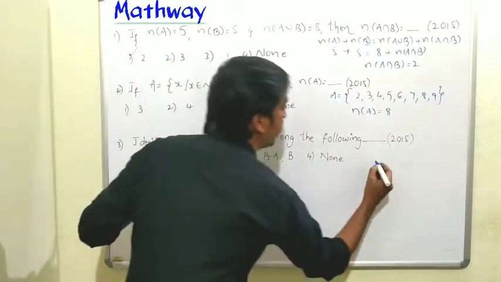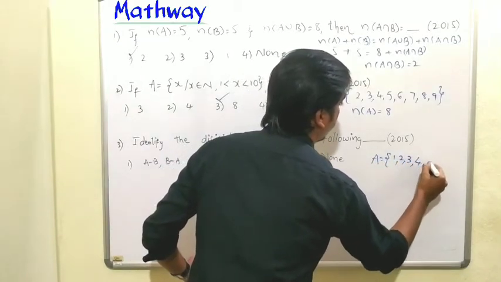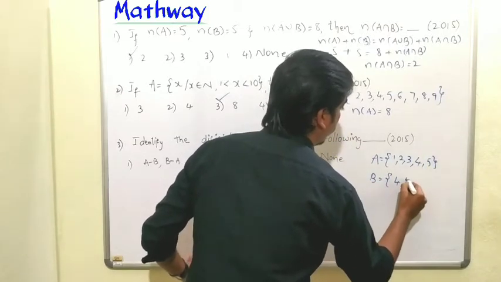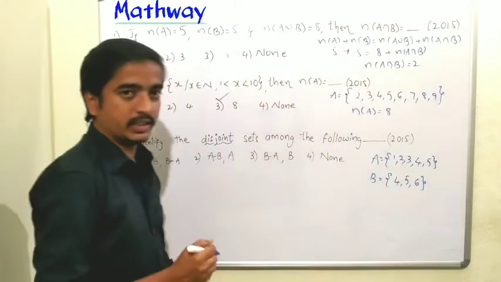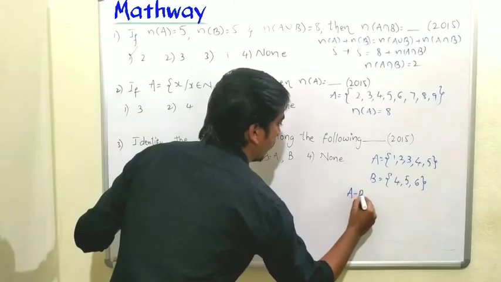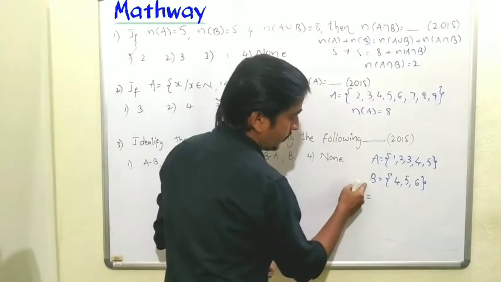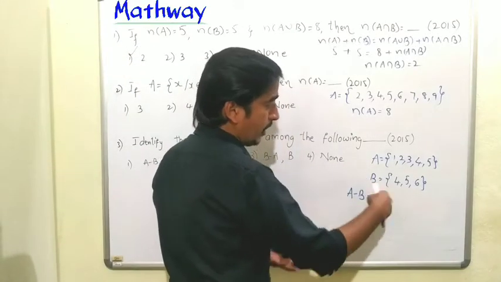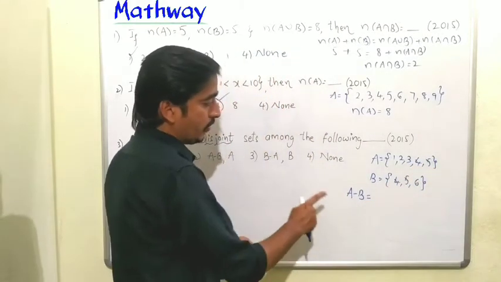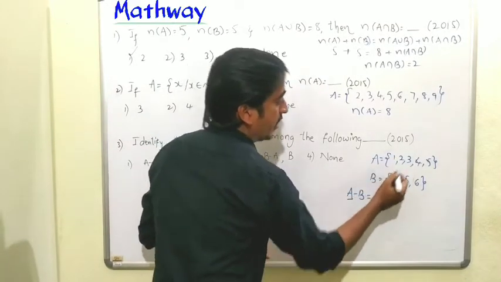First take any set A as A equals 1, 2, 3, 4, 5 and take set B as 4, 5 and 6. Now let's do A minus B. What is meant by A minus B? From the set A and the set B, if you remove the common elements, 4 and 5, then 6 is left in B. So what do we get for A minus B? After removing the common elements, we write the elements which are in the set A. What are they? 1, 2, 3.